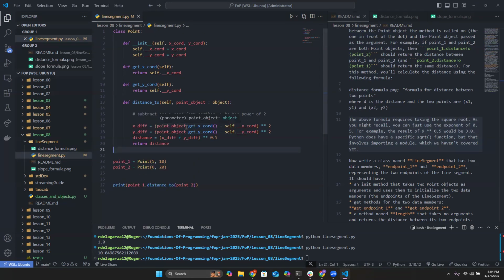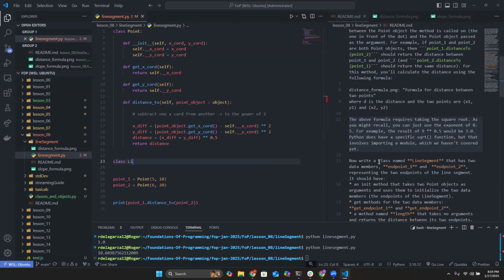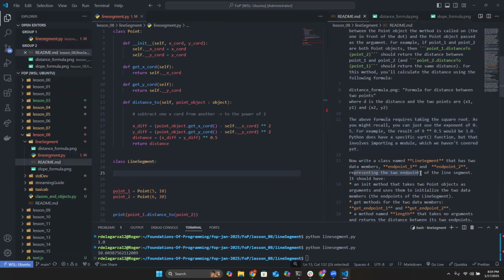Now, we got the point taken care of. Let's talk about the line segment. This has to be its own class called line segments. And it has two data members, n.1 and n.2, representing the two endpoints of the line segments, right? In short, guys, right, what we are doing right now